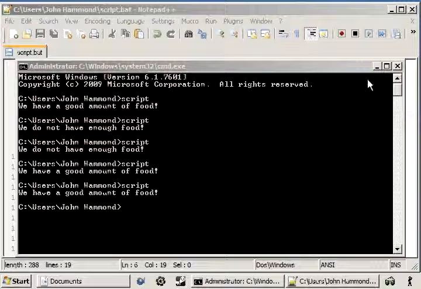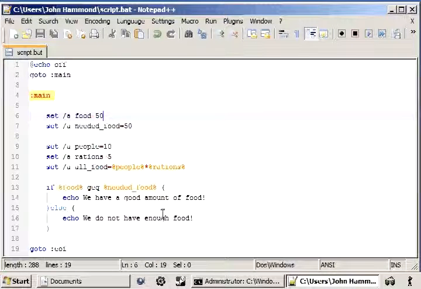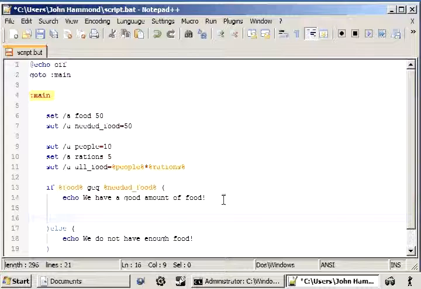Let's switch back to our Notepad++ text editor here. And when we have a decent amount of food, we want to be able to test for more information. We want to be able to examine our little problem here a little bit more in depth, because we have the right amount of food so far, but we need to see if we have a good amount of food for the people. So we can test if all food, which is the amount that we would normally be consuming, is less than or equal to, because if we have a good amount of food, we can still feed them, the food that we have,